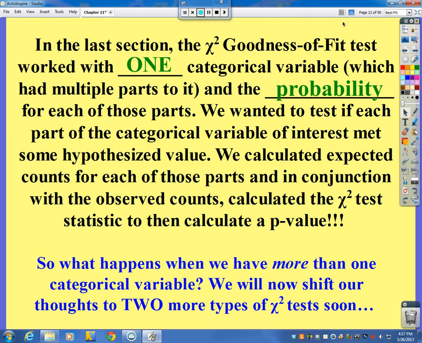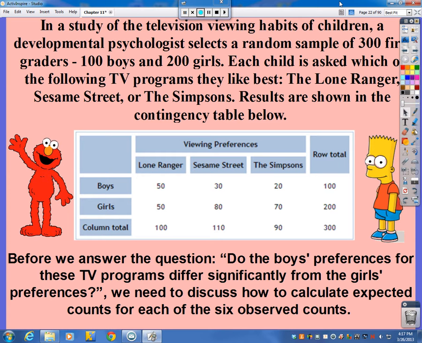So what happens when we have more than one categorical variable? We will now shift our thoughts to two more types of chi-square tests soon. This way of getting expected counts for more than one categorical variable will apply to our last two tests. So it's not like you're going to have to know how to do expected counts 3 different ways. There's really going to be one way for goodness of fit tests and a second way for the last two